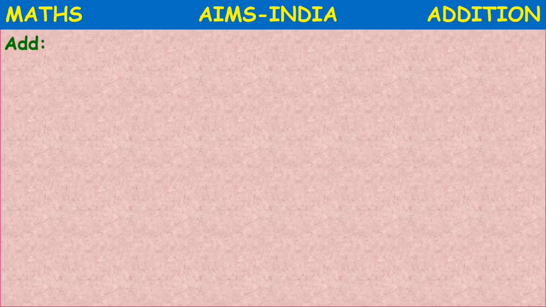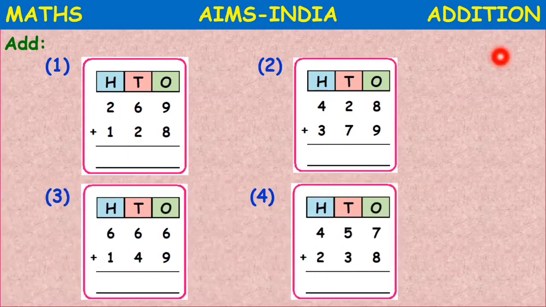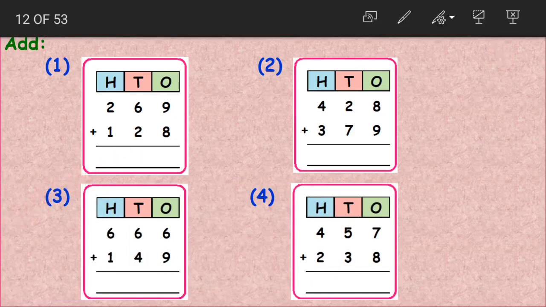Okay, yes. Now again we have a few more examples here. The difference is, in the previous examples we did not have carrying of the digits, but here we have carrying. Okay, so again I'll solve question number 1. You solve 2, 3 and 4. Coming to the first question, we have 9 and 8 in the ones place. Now 9 plus 8 becomes 17. Now what to do with the 17?